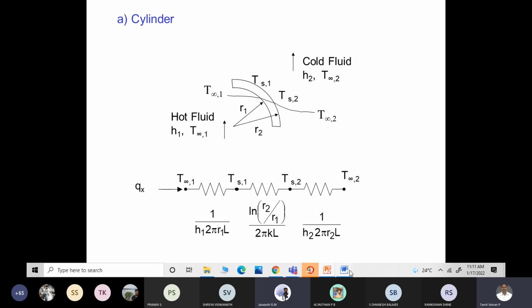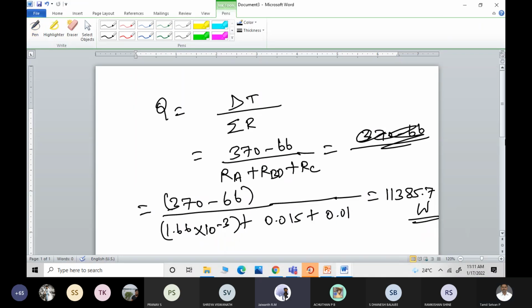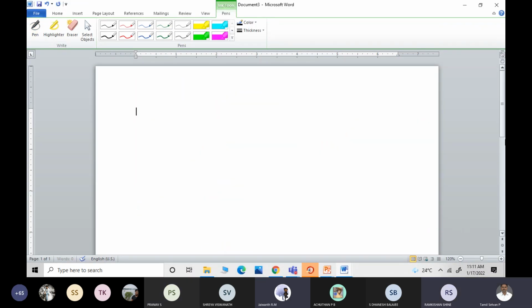See how you got this. Let me explain briefly. Shall I rub this off? Yes, sir. Now, don't assume hot fluid and cold fluid. Just assume that the cylinder